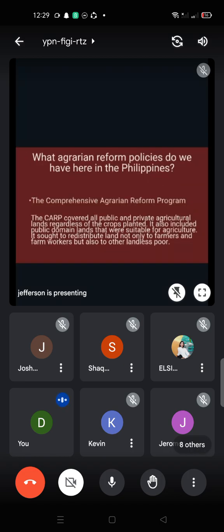What agrarian reform policies do we have here in the Philippines? The Comprehensive Agrarian Reform Program. The CARP covered all public and private agricultural lands regardless of the crops planted. It also included public domain lands that were suitable for agriculture. It sought to distribute land not only to the farmers and farm workers but also to all other landless